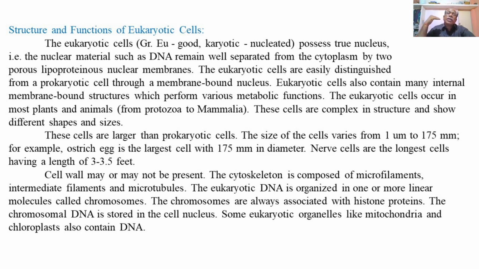Cell wall is also present in the bacterial cells or the prokaryotic cells. Bacterial cells also possess a cell wall and the cell membrane or the plasma membrane. The plant cells also possess a cell wall and the plasma membrane, but bacterial cells are prokaryotic cells and the plant cells are eukaryotic cells, because plant cells have a definite nucleus with a nuclear membrane. So cell wall may or may not be present in the eukaryotic cells.